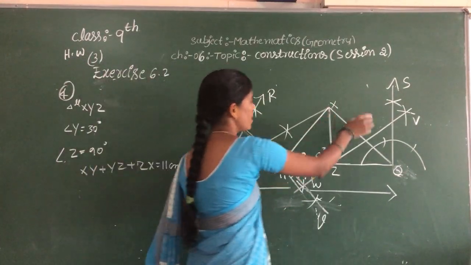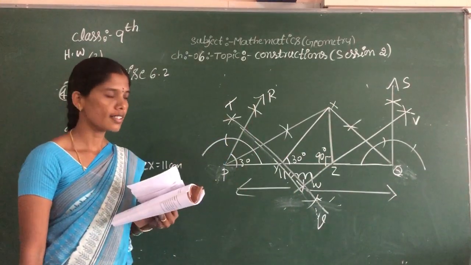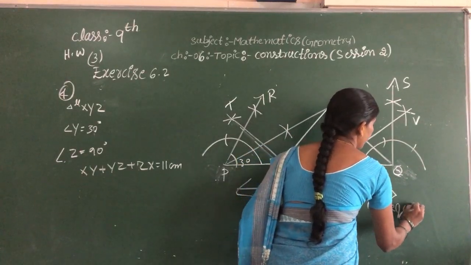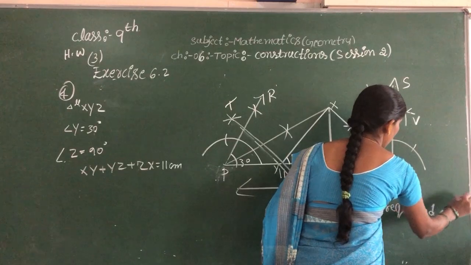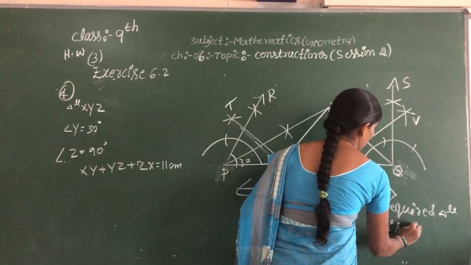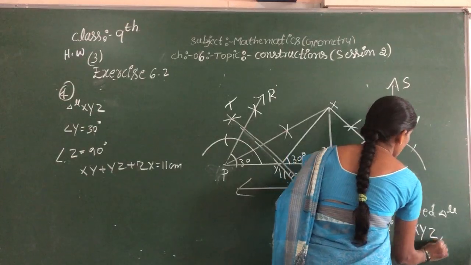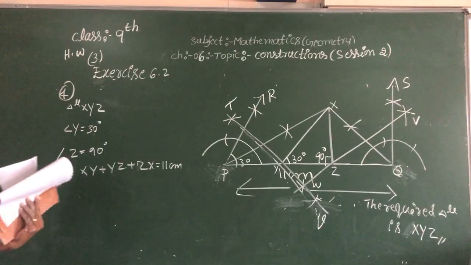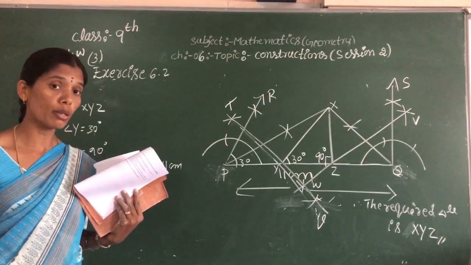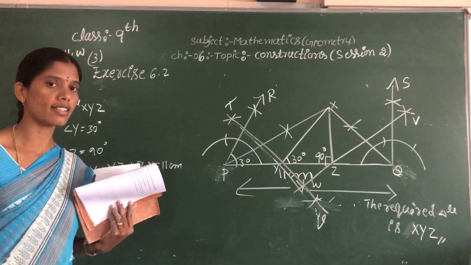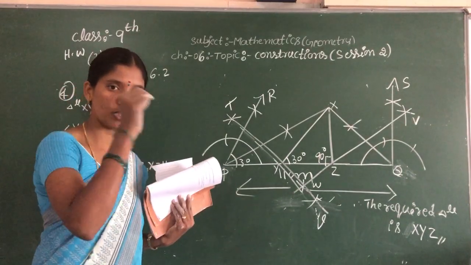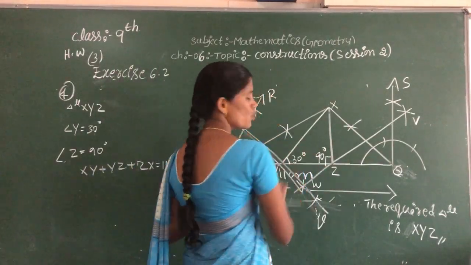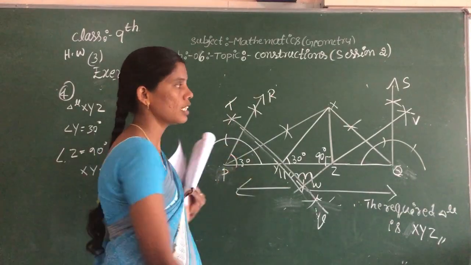After cutting two line segments, we should take arcs. Okay, therefore the required triangle is XYZ. Okay children, have I got it this one? Have you understood this? Okay, you should cut properly. Why? Because your measurement is yourself. Your only tool is the instrument box. Otherwise, we should check neatly. 11 centimeter means we should put exactly an 11 centimeter line segment. After that we should take that. So here and here, at 90 and 30 degree, we should cut that in arc.